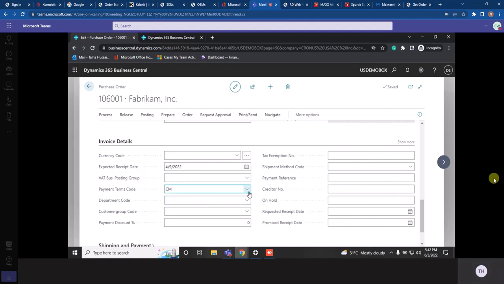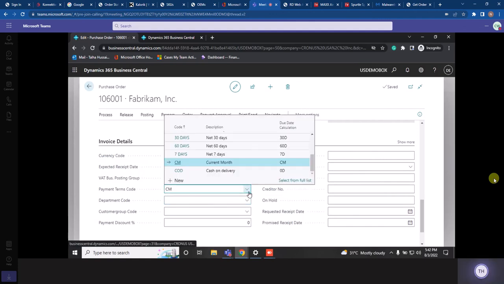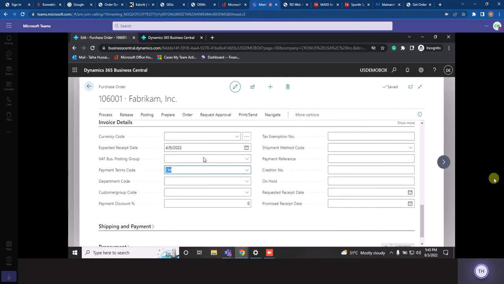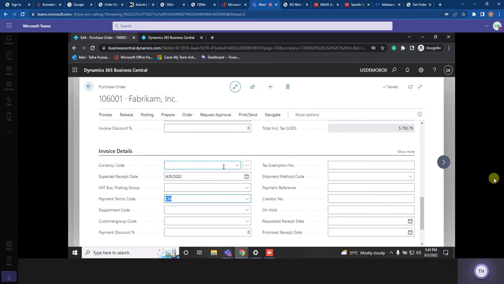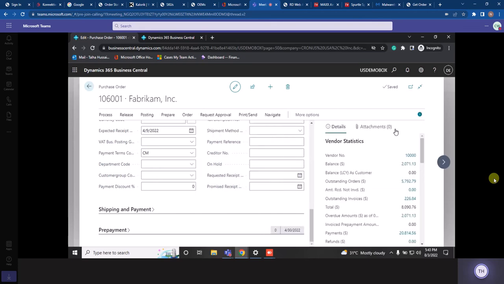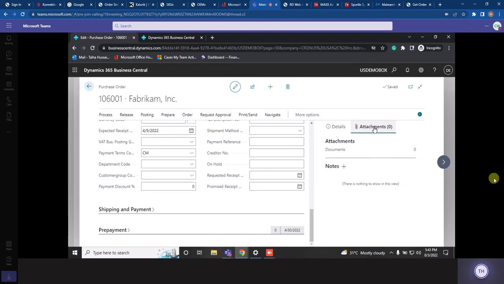You can have multiple payment terms, like 60 days, 70 days, and all that, and that can be utilized for the reporting as well. Currency code is very important, which currency you are working with. And if you need to attach any kind of information, you can go to the attachment and attach that with the purchase order. And the workflow can be